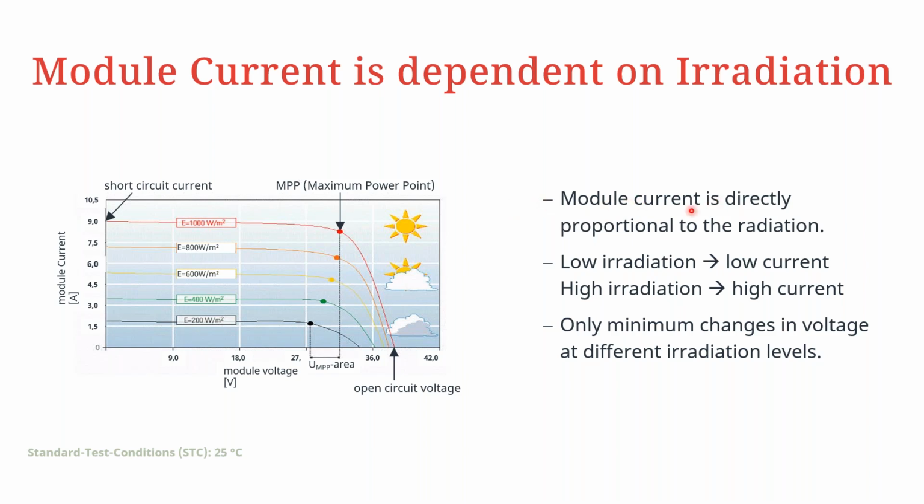The module current is actually directly proportional to the irradiation. So the lower the irradiation, the lower the current. The higher the irradiation, the higher the current that will be generated by the module. Only minimal changes can be seen at different voltage levels, given the respective irradiation